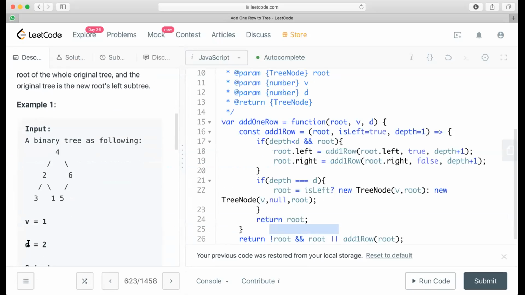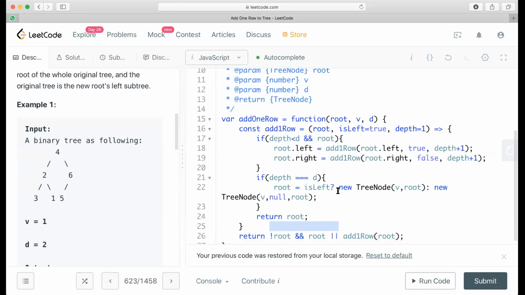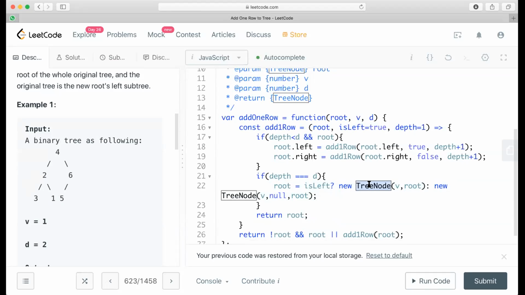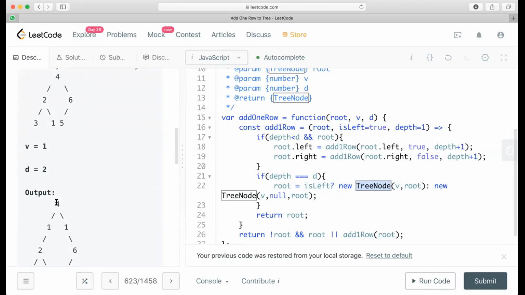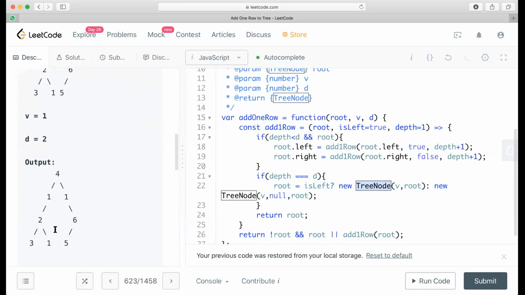For example, suppose this is D equals 2. I'm here at 2. When I'm at 2, I'm not recursing into the subtree anymore, because I finished my recursion. I just created a new node with the value V. I'm coming from the left, so whatever tree was there, I just put it on the left.